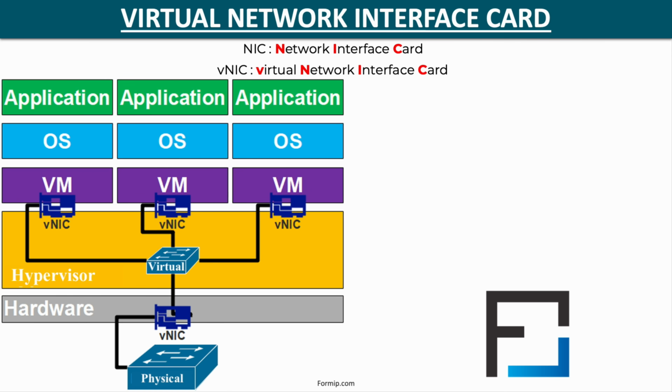Seen from the inside, here's what it looks like. In this diagram, we can see that the VMs each have a virtual network adapter, vNIC, connected to a virtual switch, which in turn is connected to a physical switch through the physical network adapter of the server on which the hypervisor is running. There is therefore only one physical network card, but in principle, on networks in production, you will be able to find several physical cards in order to ensure redundancy and increase the bandwidth of all virtual